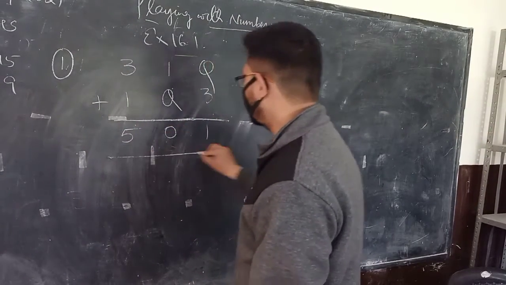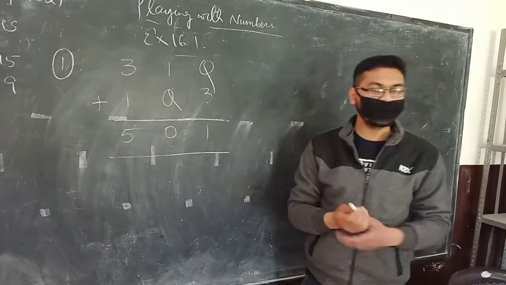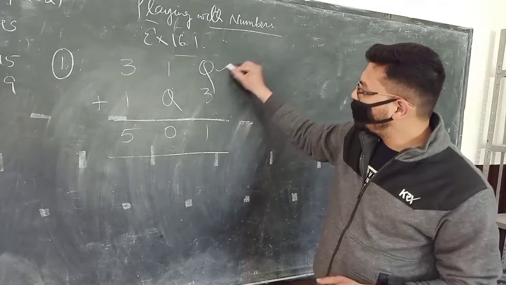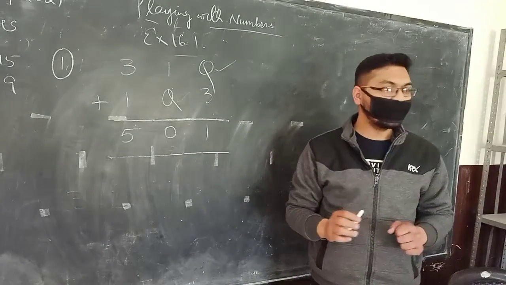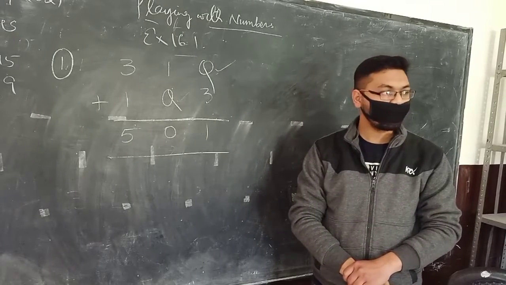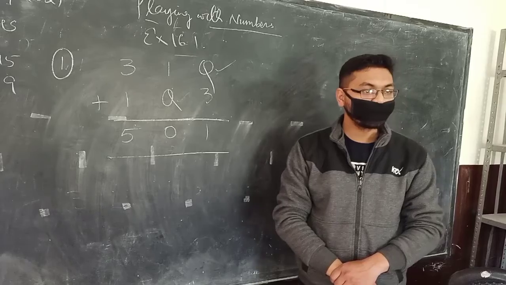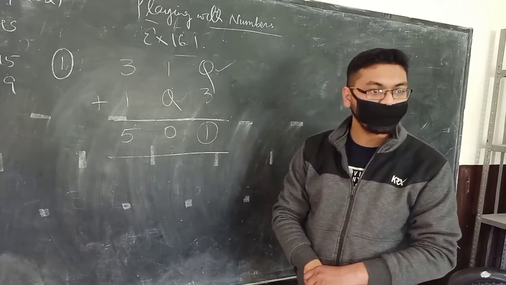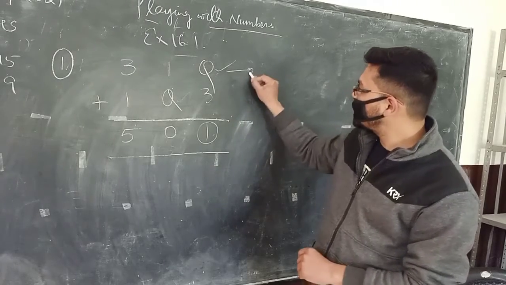Now see. Now please look here, please don't write while I am teaching, okay? Now look here, beta, you need to tell what is the value of Q. Can anyone tell me how to get this value Q? Now see, here the result is 1. How can I get 1 here? So can I write Q as 8?